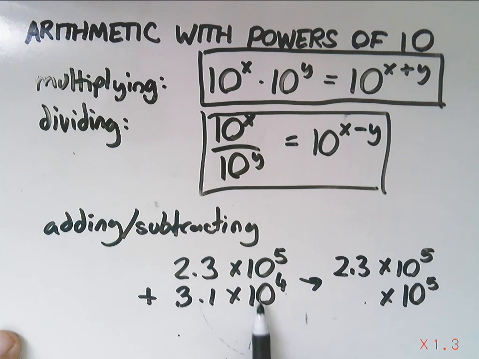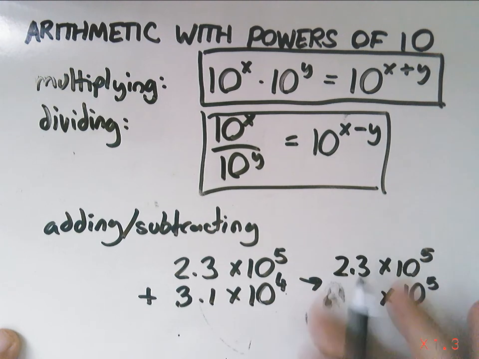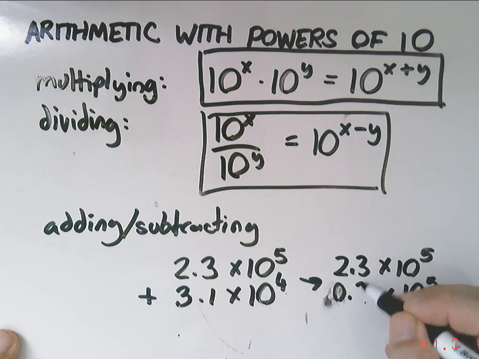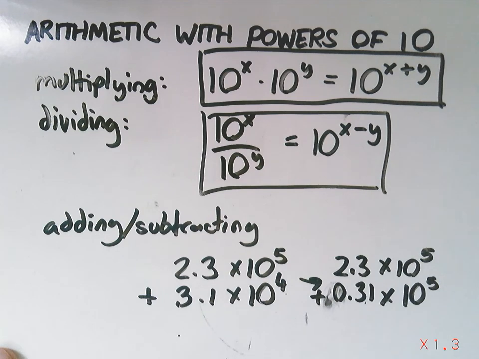Okay, now when I go from here to here, I made this bigger by a factor of 10, right? So I have to make this smaller by a factor of 10. Let me write it the right way. And I want to add that in. Now you can see, because you have the same power of 10, you can add these two numbers to get